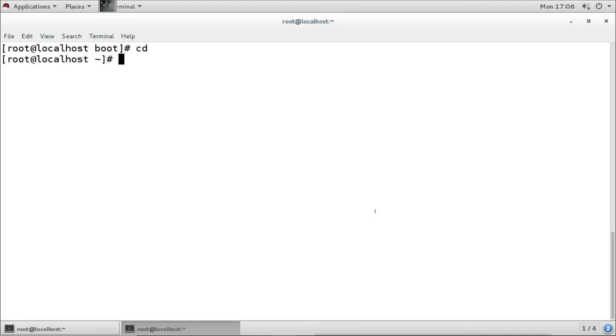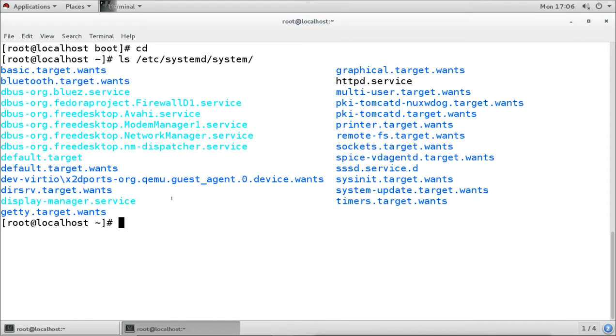Systemd will check the directory under etc systemd system, and under this directory it will check that it has all the files which are going to be loaded. It checks the default.target file first, to see what this file says.